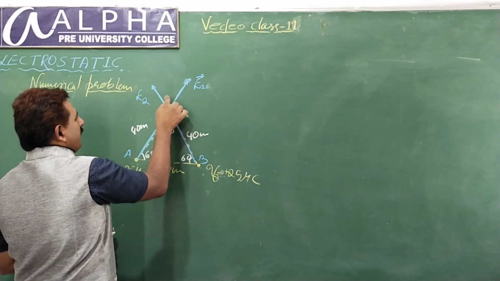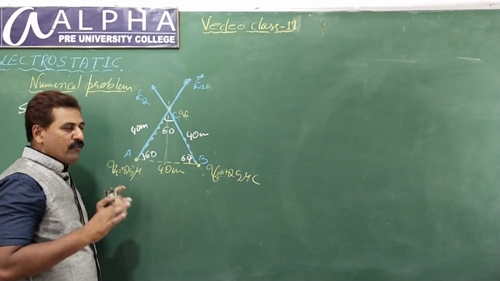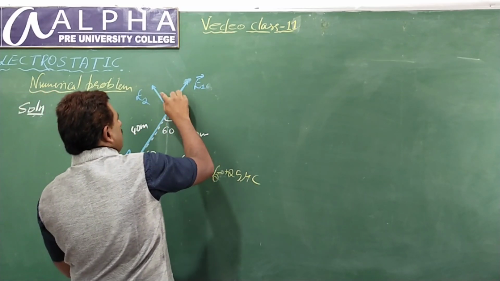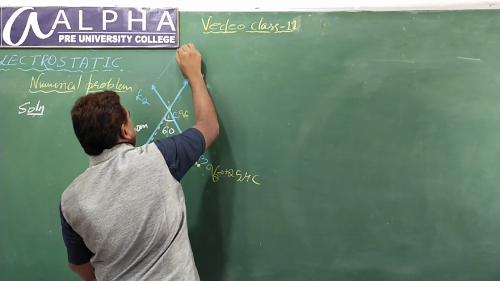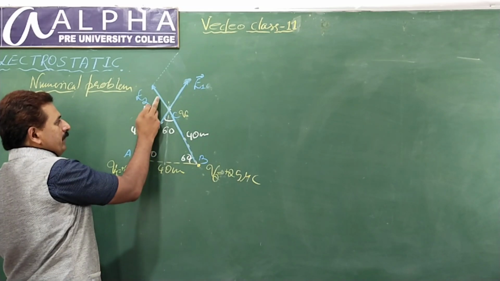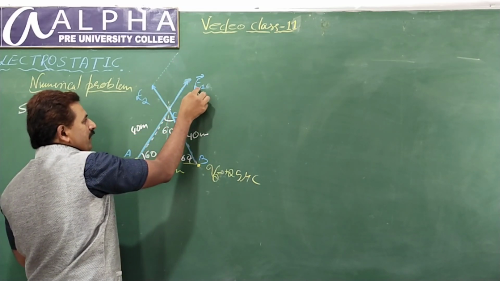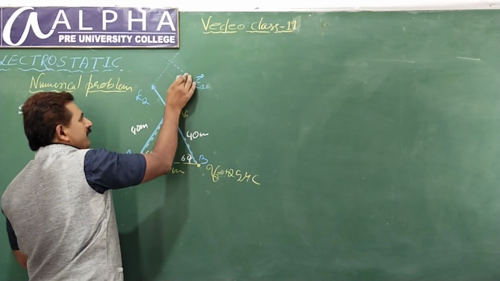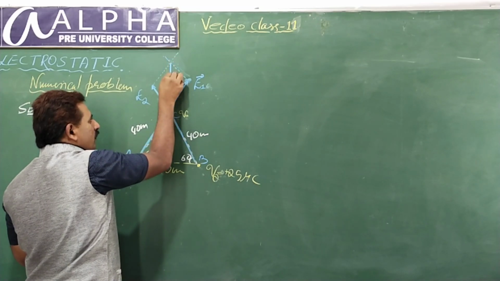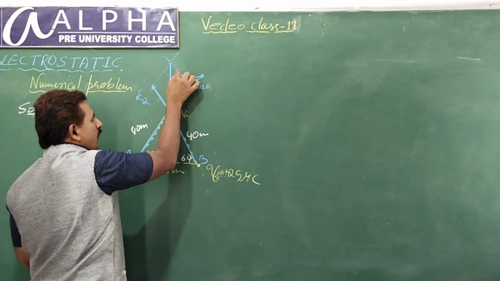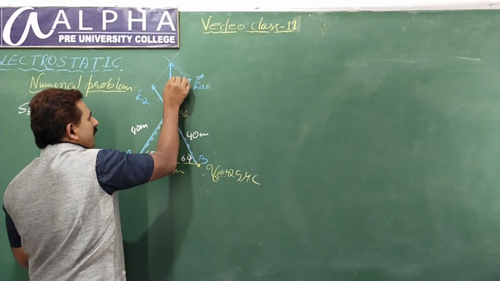How do you find the resultant of these two? Same, law of parallelogram of vector addition. You draw a line from here parallel to this, like this. This is a straight line. Do the same parallel to this from here, here meaning the head of vector E1. They intersect at a point. The diagonal of the resulting parallelogram, the four-sided object, is the resultant ER.